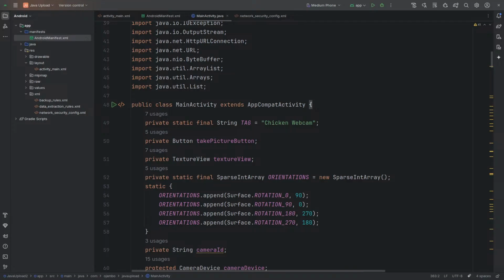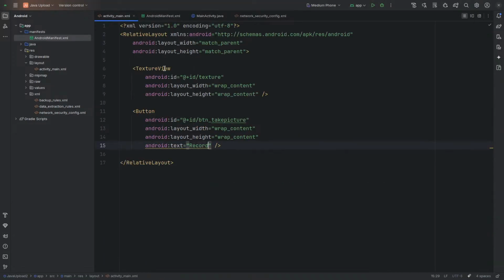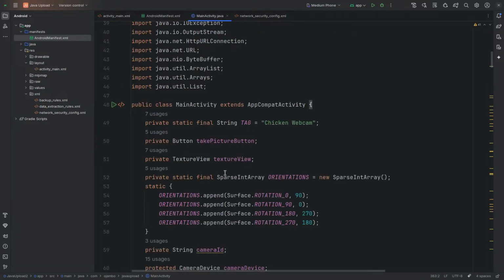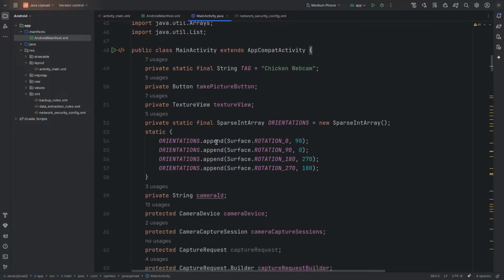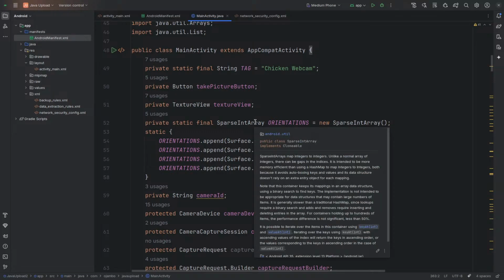Hi guys. Thanks for joining the live stream. So as you can see here, I also created a variable for the button. Remember from our activity, activity main, and then the texture view. Those are the IDs. So if you don't know where those are, the ones here. You see this one, button, I take picture, and this one is texture. That's where they're coming from. Then what I do is I create another variable for the SparseIntArray. This will be for the orientations, because remember,